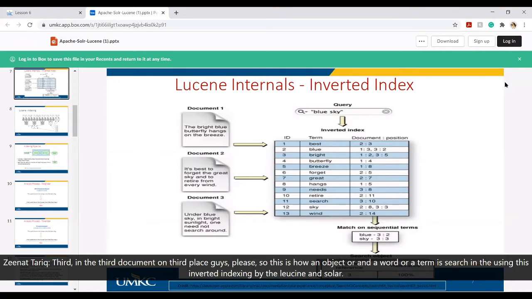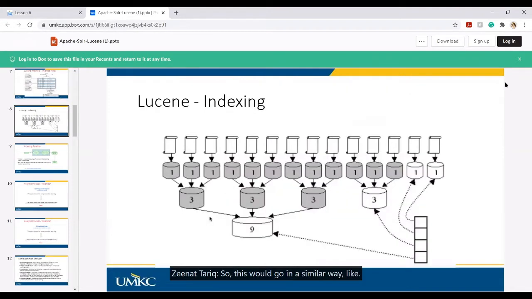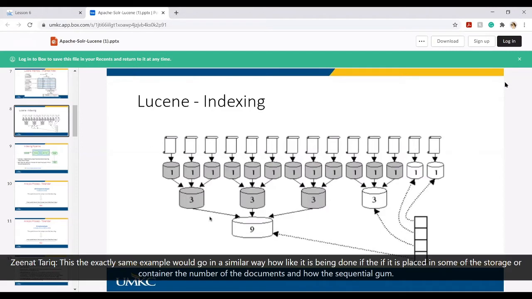So this is how a word or a term is searched using inverted indexing by Lucene and Solr. The exact same example would go in a similar way if it is placed in storage or a container: the number of documents and how the sequential matching is done.